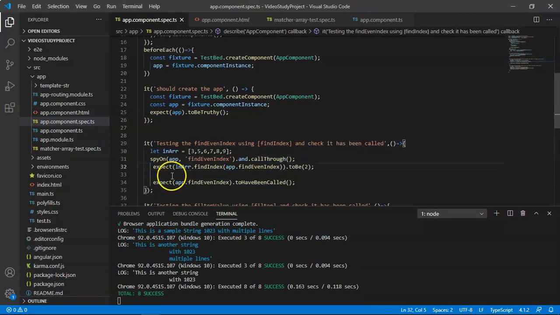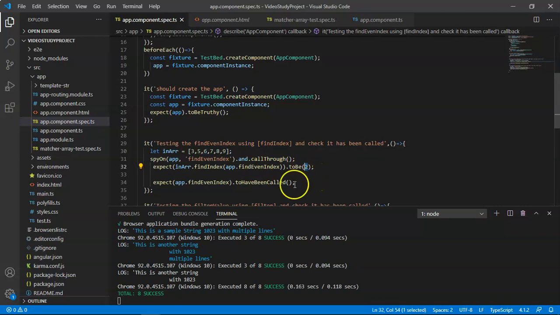Then we're going to expect that the array has the index of an even number. So we're going to check each and every element and we're going to expect that index to be 2, since 6 is the first even number that is present in the array.